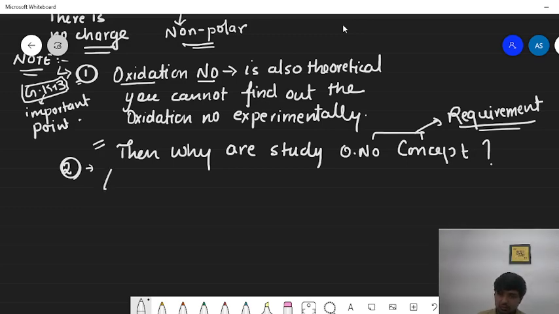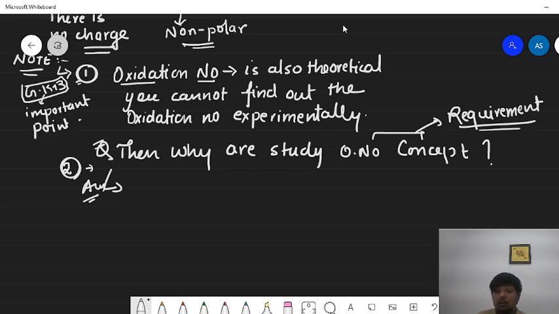The answer of this question is this, that in case of mole concept, we know that we have to first balance the reaction, and then we apply the concept of unitary method over there. And while applying the unitary method, you can find out the quantity of every element or compound very easily. But the main and necessary requirement is that you have to balance it. Without balancing, you cannot apply the unitary method concept.